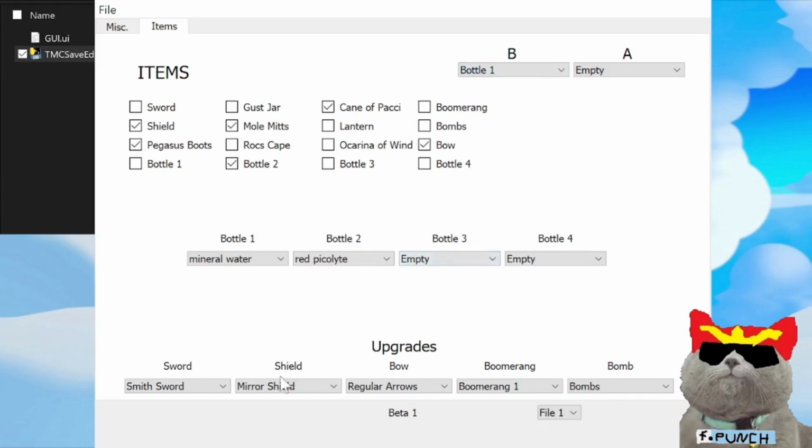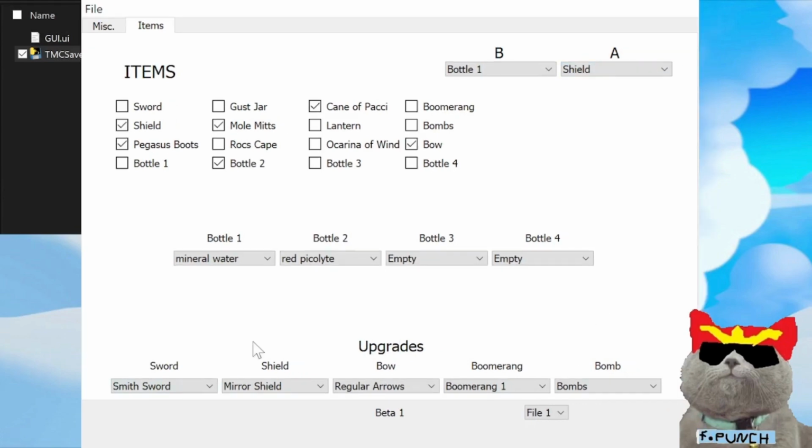And you know what? I have mirror shield selected here, but I'll add the small shield. Why not? The small shield. Also, I'll check the sword because why not? And I'll make it the red sword perhaps, and maybe I should make the water like